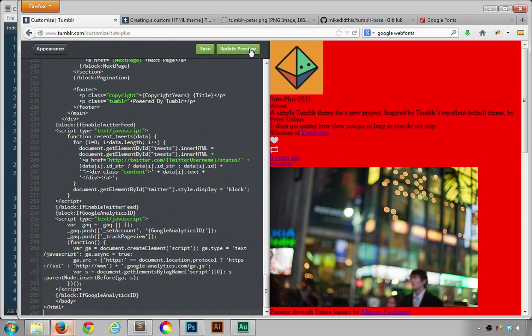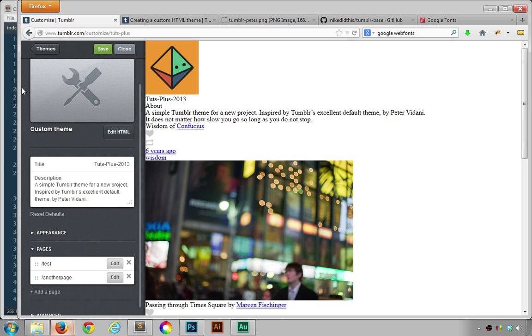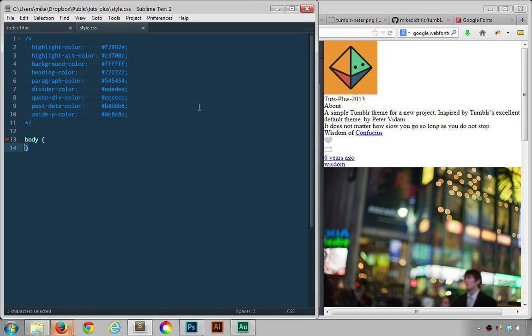Sorry, install's the wrong word. That's the font link added to our HTML. Then click Save. And then finally, just go back to the CSS. Now,